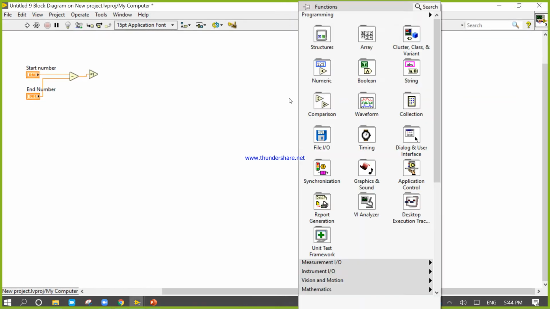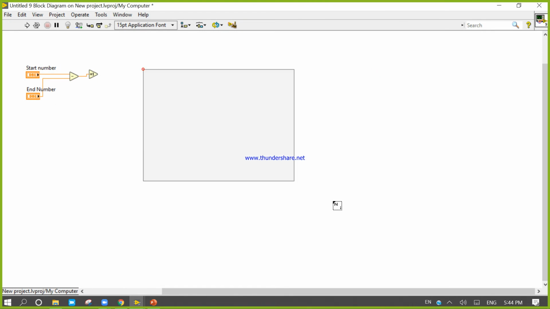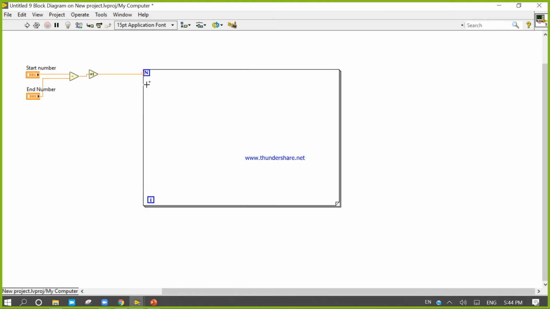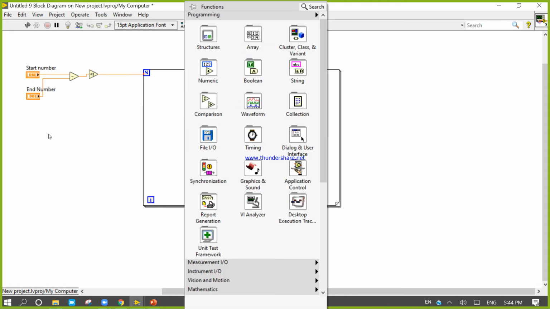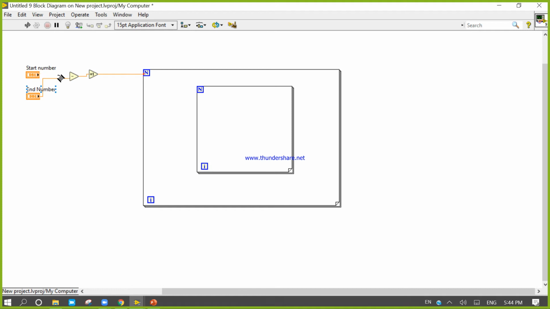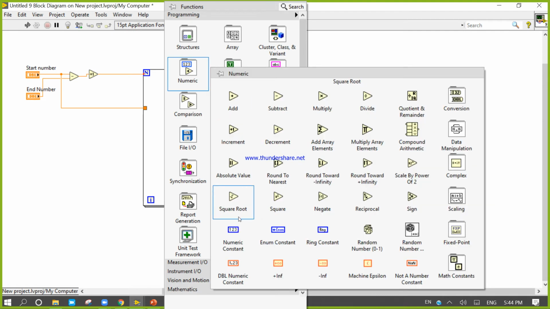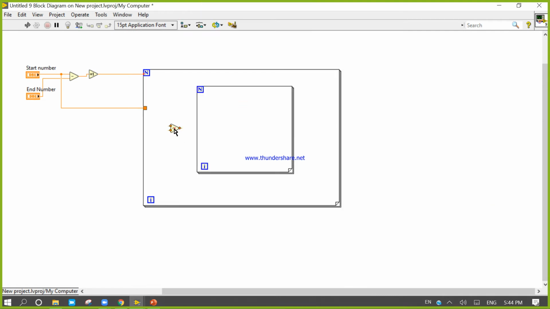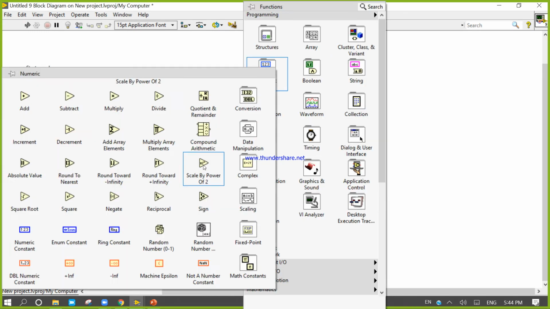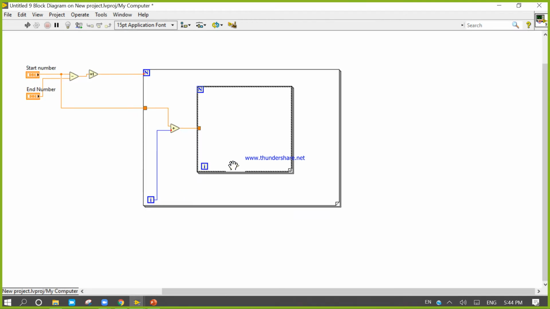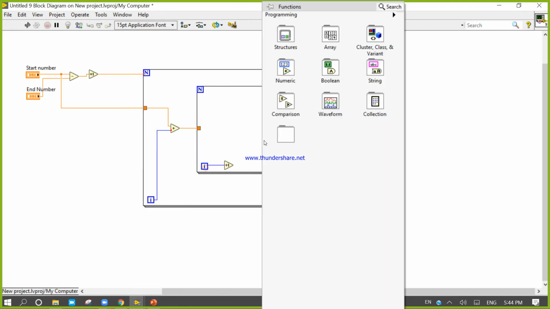After that, right click and take an increment button, connect.